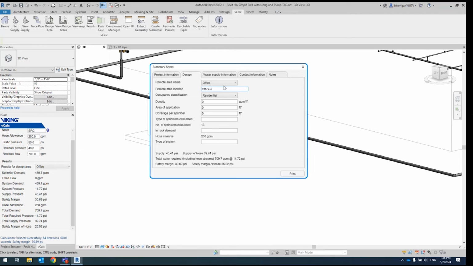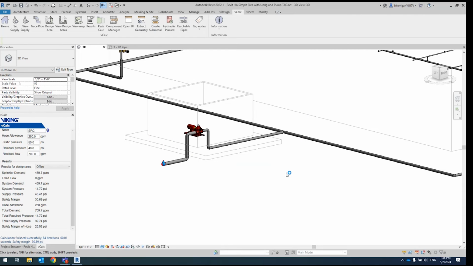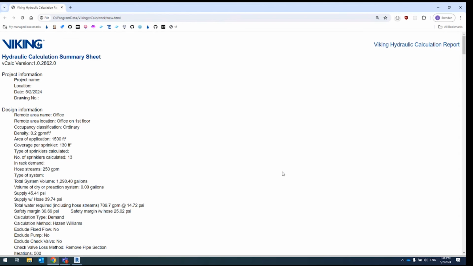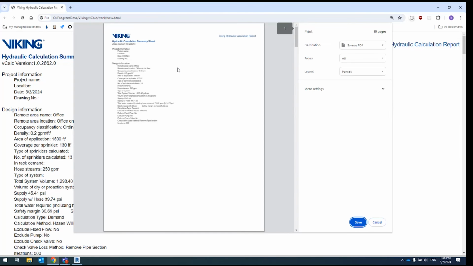So this could be my office on first floor, for example. I might say this is an ordinary hazard situation. Fill in whatever density and area specific information that you use for that specific design area. Again, you can leave blank anything you don't want to fill in. And once you're satisfied, you can just click the print button, at which point in your default web browser, you'll see an HTML file open up, which is your hydraulic calculation summary sheet. From here, you can just Control P or right click print,